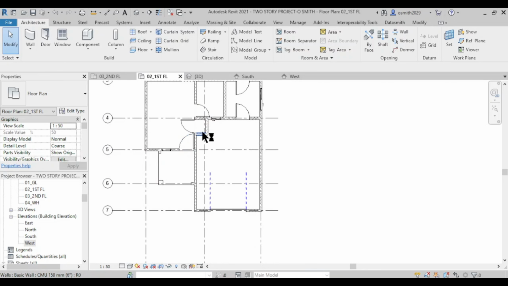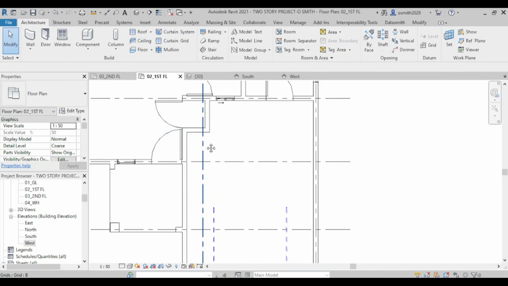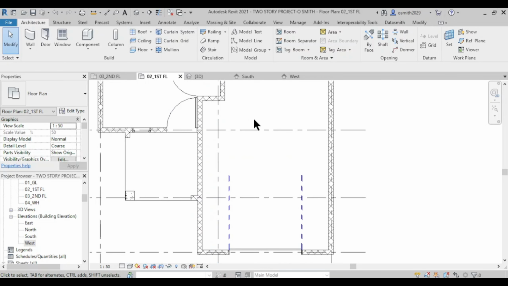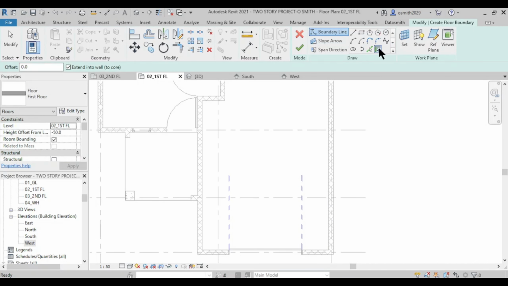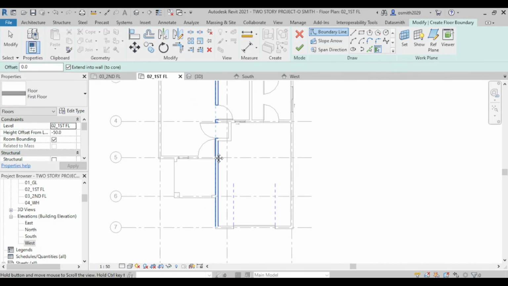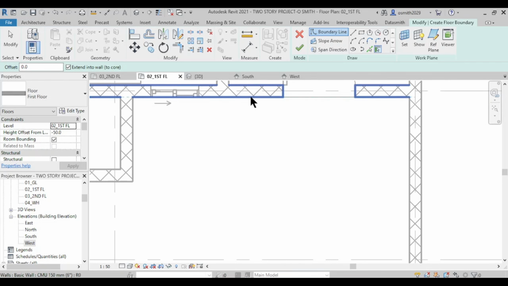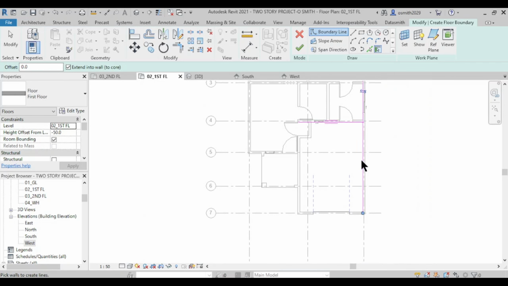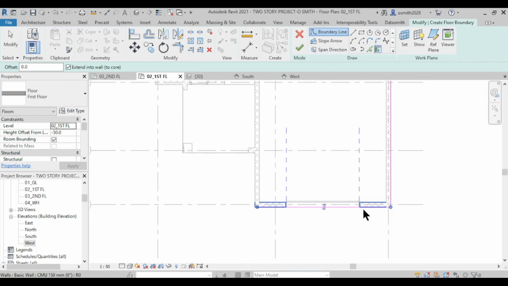And then we need the floor for our garage. We're going to select floor again. Sorry, we're going to use pick walls for this. I'm going to pick the interior side of these walls. Well, exterior for this one. Exterior, exterior,